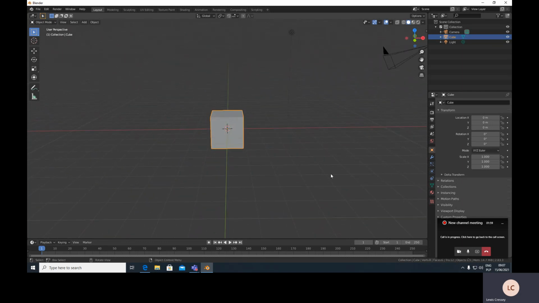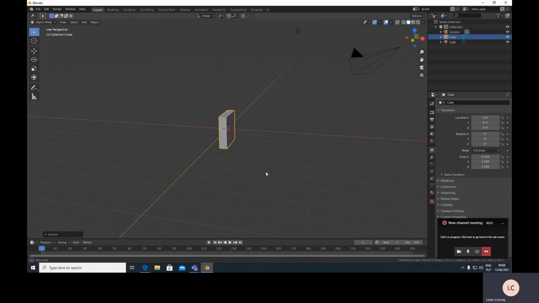So I'm going to press the S key to change the size of the cube, and I only want to change the size in the direction of the red line. So that red line is the x-axis. So after pressing S, I press X, and then I can move the mouse towards the center of the screen and the cube will get thinner. So I'll keep moving it until the cube is about that thick. Okay, if it's too thin, it will fall over too easily, and if it's too thick, then it won't fall